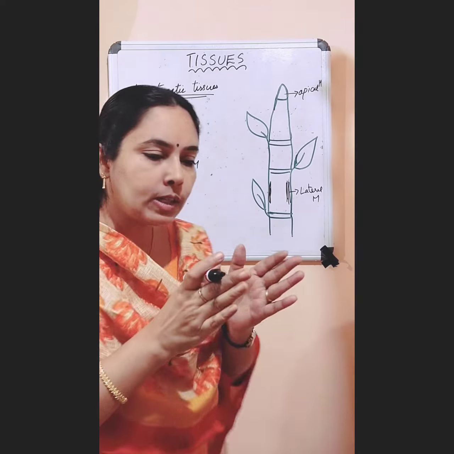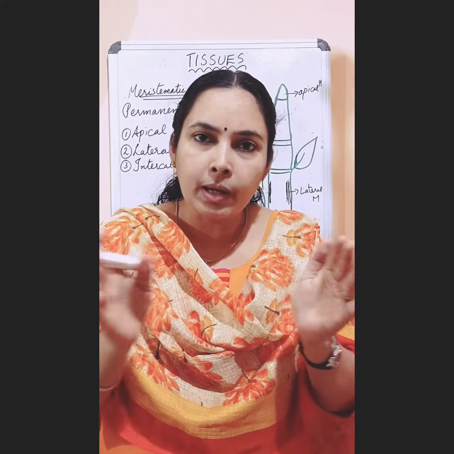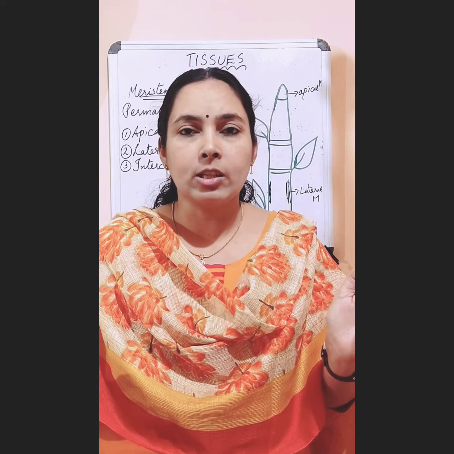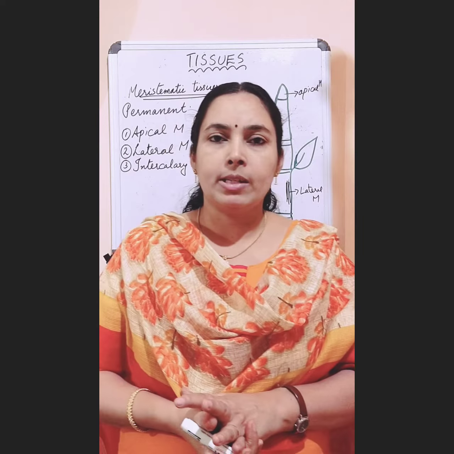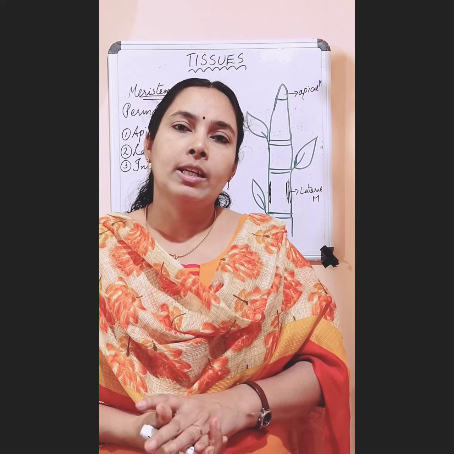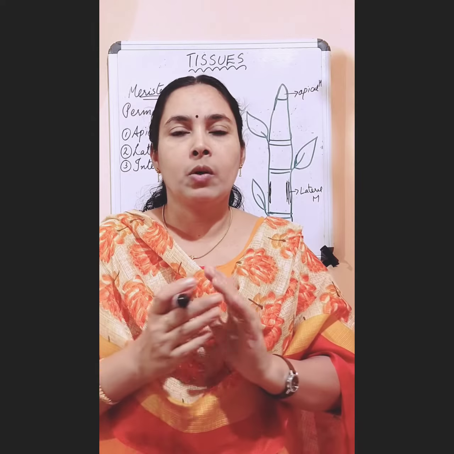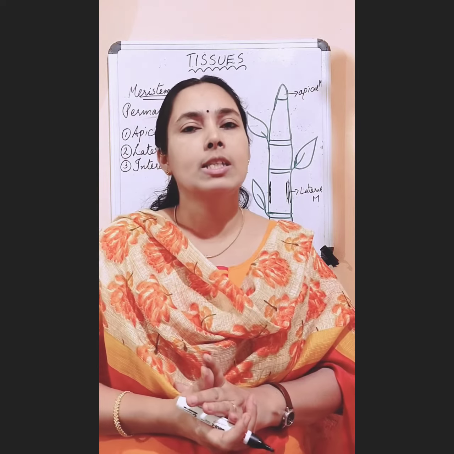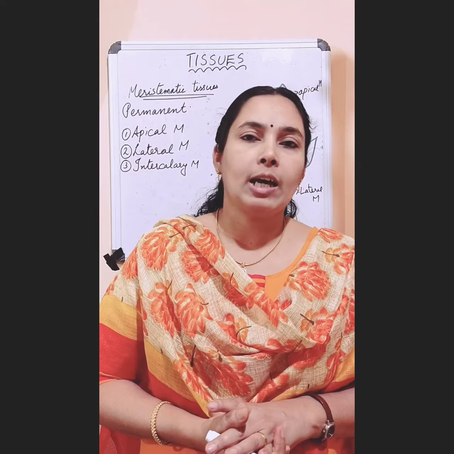So it is present on the side means when they divide, what happens? It will increase the thickness of the stem. So lateral meristem function what? It increases the girth of the stem or it increases the thickness of the stem. And the third type is called